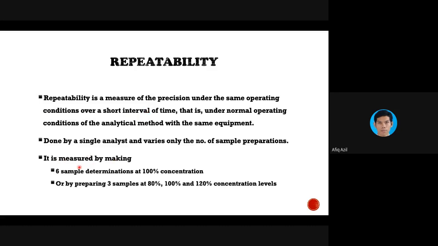So it is measured by making 6 sample determinations at 100% concentration, or by preparing 3 samples at 80%, 100%, 120% concentration level. So the formulation that you are doing will be at these concentrations. One is 100%, which is exactly the same as the intended product. The other two could be higher or lower than that.